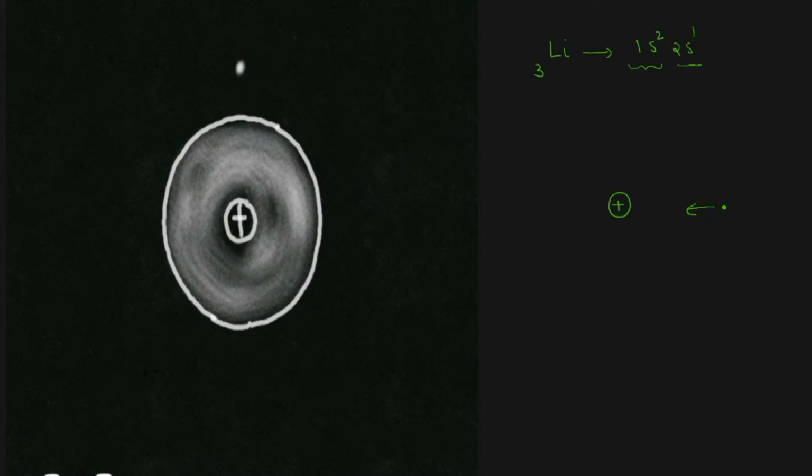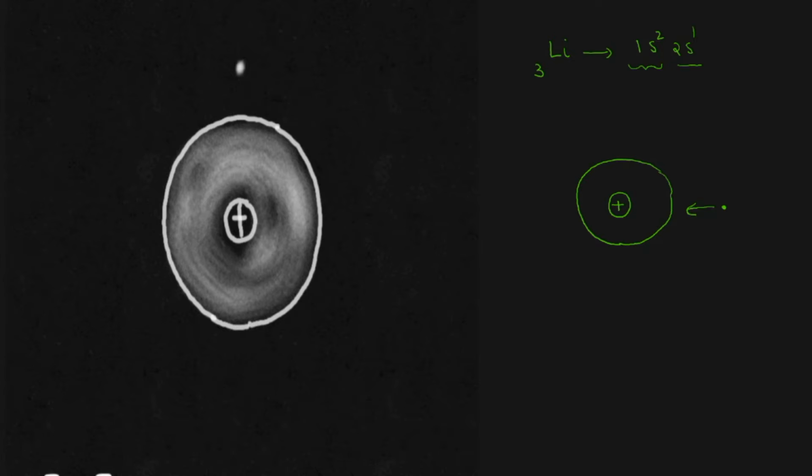What is the shape of the s orbital? It will be spherical in shape. What do you mean by that? The probability of finding these two s electrons around the nucleus will be there in this spherical space. So whenever the nucleus is trying to attract this valence electron towards itself, the electrons which are present in this s orbital will be shielding the nucleus from that. Or in other words, the electrons which are present in the inner s orbital will be shielding the nucleus from attracting the outermost electron towards itself.